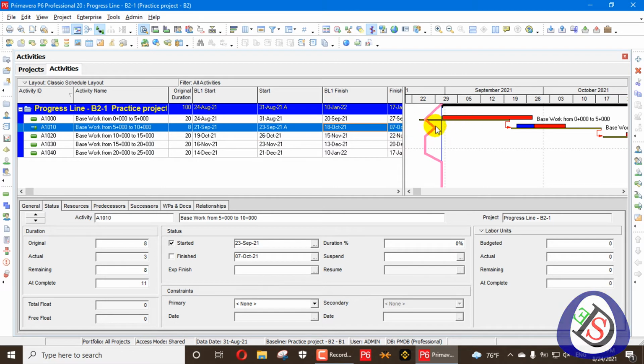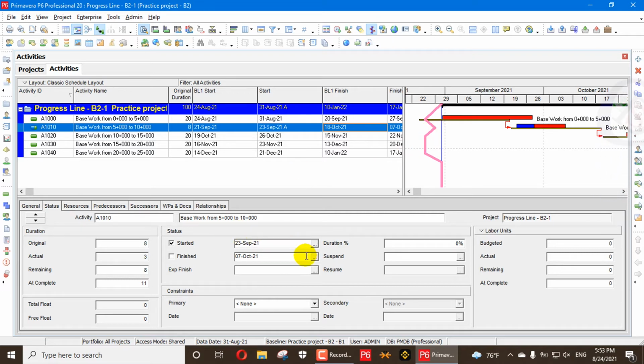So the line behind this one, 2 days difference, is showing here in the progress line. So you can easily visualize graphically how much your progress line differs from your data date line. This is a very unique method to visualize your schedule. You can quickly track how much you are delayed and which activities are misleading your project.